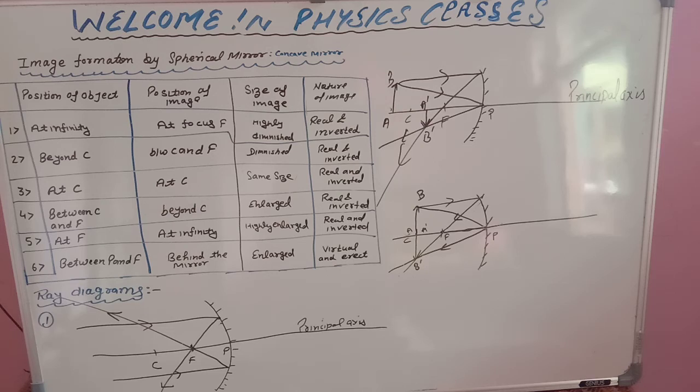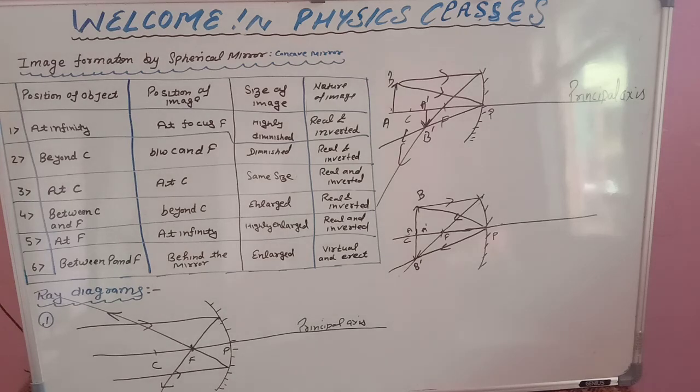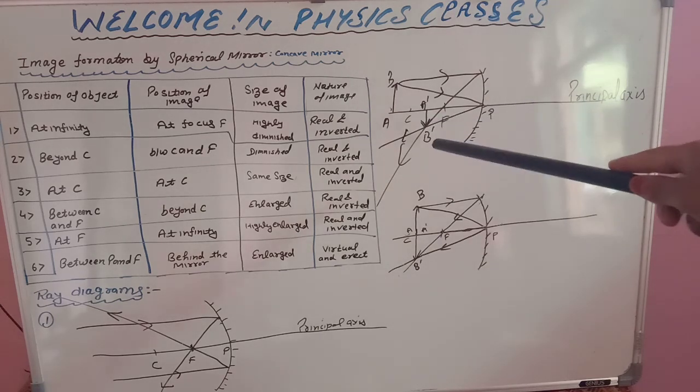Dear students, I have seen that many students are saying that ma'am, our lines are not meeting, our rays are not meeting in the center, means they are not meeting between C and F. So dear students, you have your pencil, you have your eraser. Ray diagrams means we just have to show. It is not any measurement that it will come exactly correct. If they are not meeting at a point, it's your work to make them meet at the center. If you use your pencils, you can just erase with eraser and correct it. Try to meet both lines between C and F.